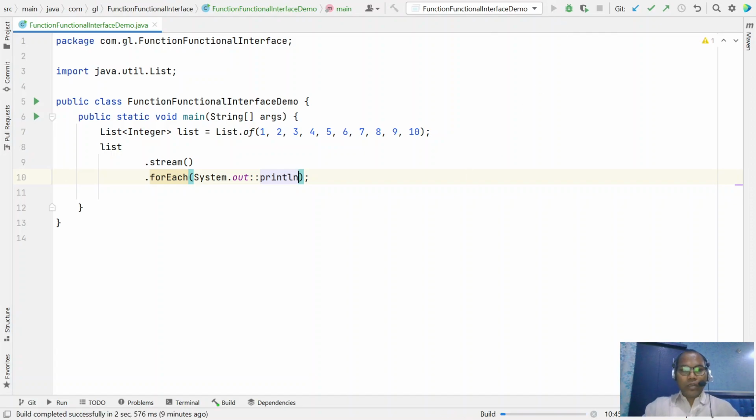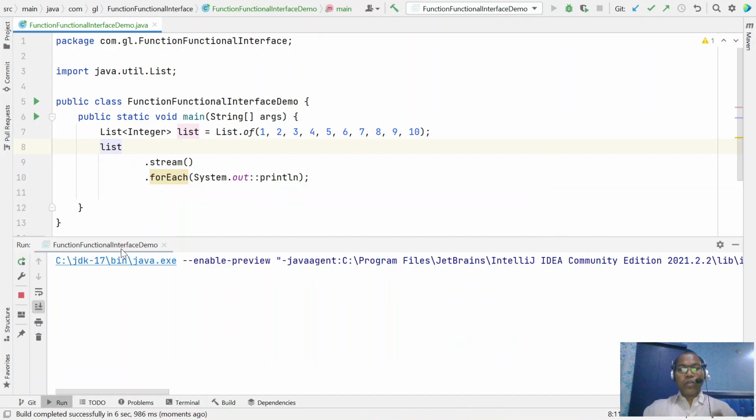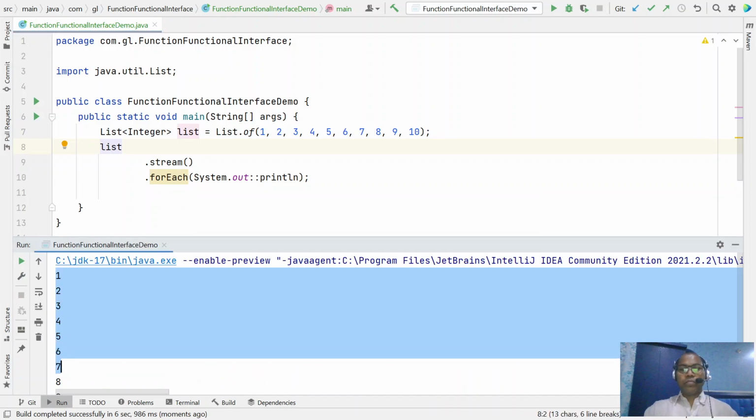So we have a list of numbers, we are streaming one by one and just printing them. We are not doing any kind of transformation. We know that this is a list of integer numbers.